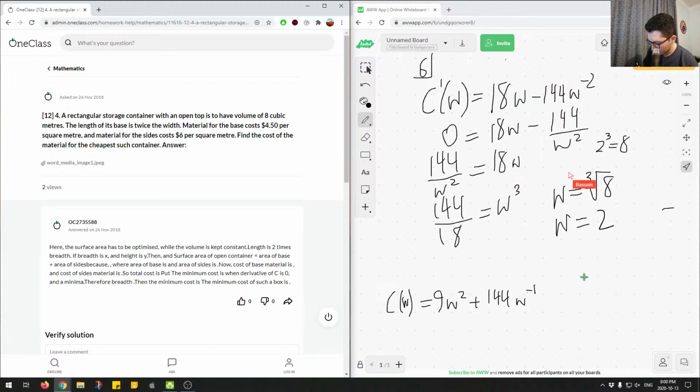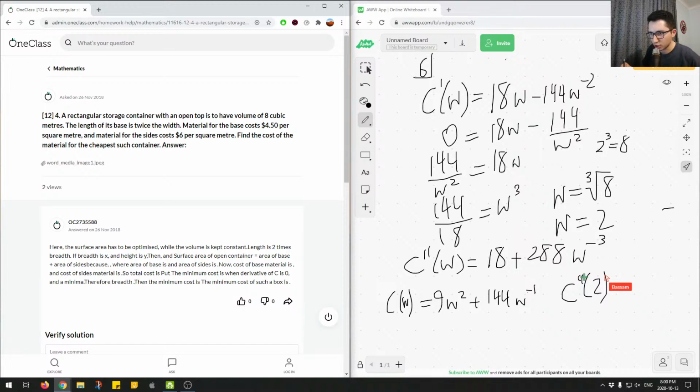And now we can take the second derivative and plug in 2 to verify that this is a minimum. So the second derivative of this function is 18 plus 288 W to the -3. And if we plug in 2, if we sub in 2 into the second derivative, we would end up with 18 plus 288 divided by 2 cubed,